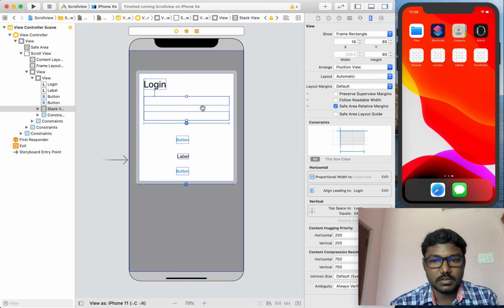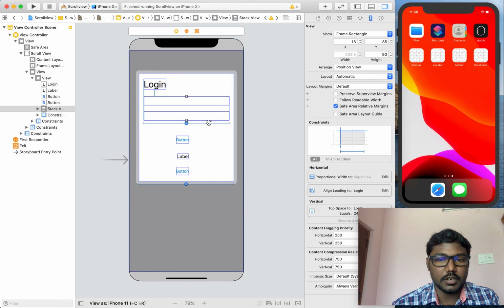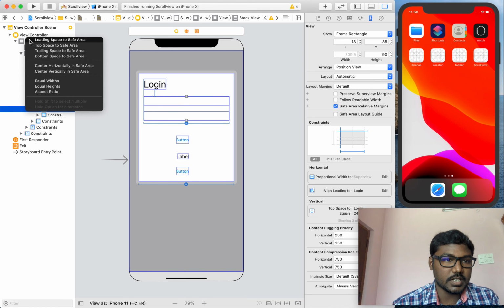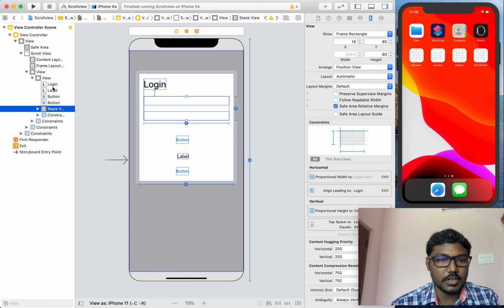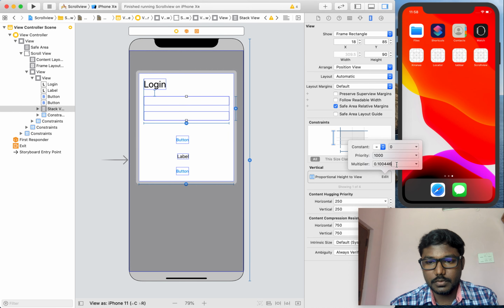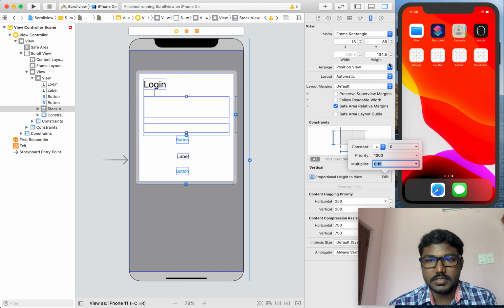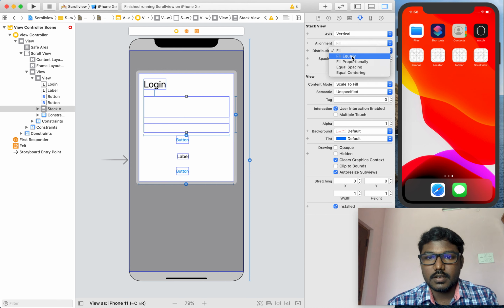Likewise we can change it, and also we can set our height for the stack view, so that we set the height relative to our self.view height, and also change our multiplier to 0.2 something, or else we can set it as 0.15, it's enough, and set the distribution as